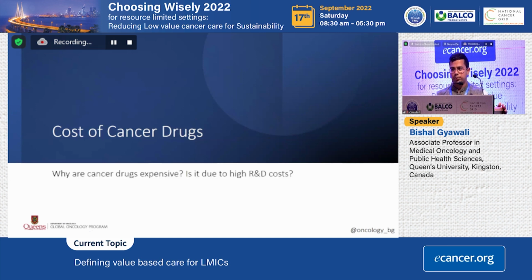We all know, we don't need to repeat this, that cancer drugs are getting truly expensive. So why are they expensive? Why are cancer drugs very expensive? Is it due to high R&D cost, the cost needed to develop a cancer drug? Because that's the justification that we see often, that cancer drugs are expensive because the cost of research and development